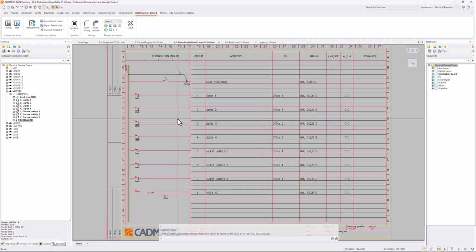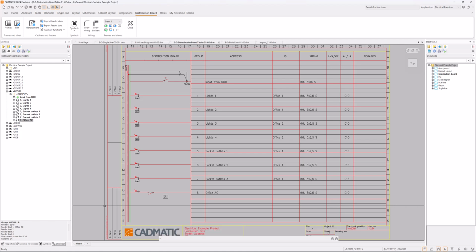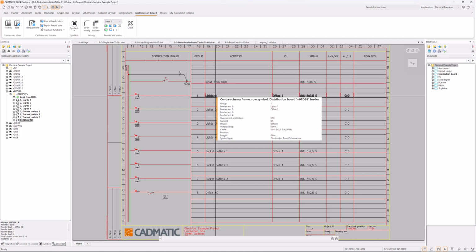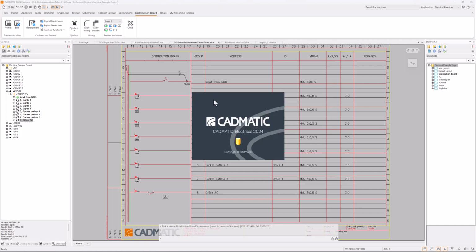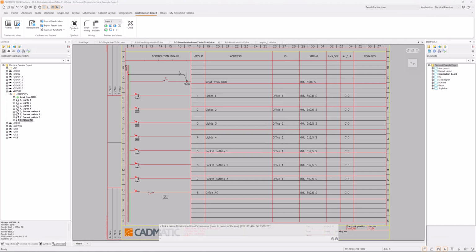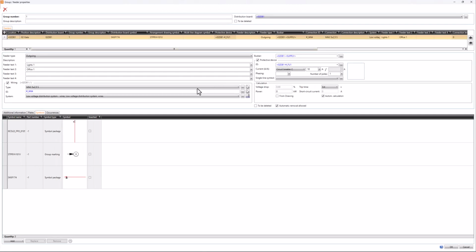And after that, you will have all your feeders listed in this distribution board table. And maybe if I do some changes here now, I want to highlight that we have the database. If I do any changes in here, again on the main screen, sorry about that,